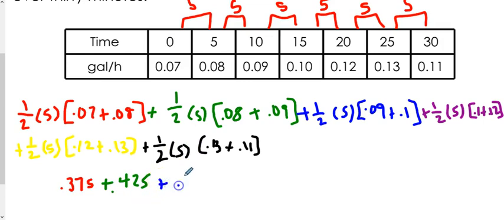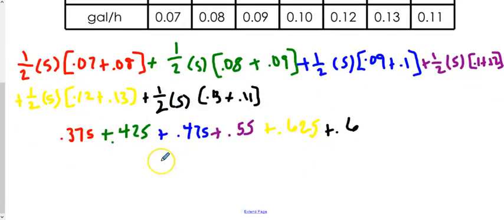plus 0.475 plus 0.55 plus 0.625 plus 0.6. Okay, and then I would just type all those in, and we would find that the total consumption is 3.05,